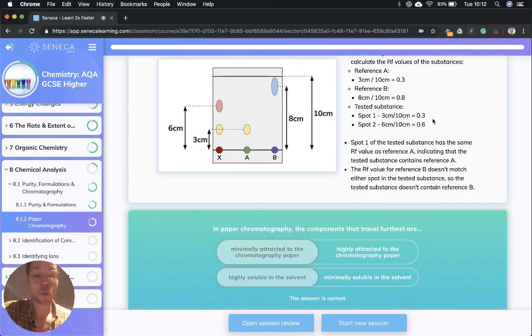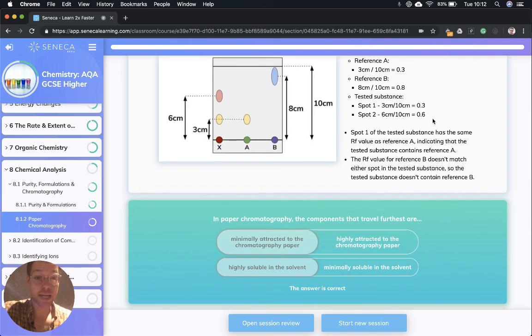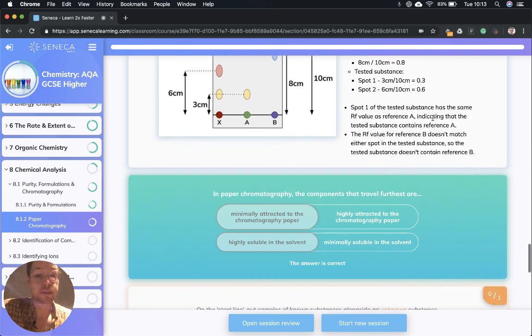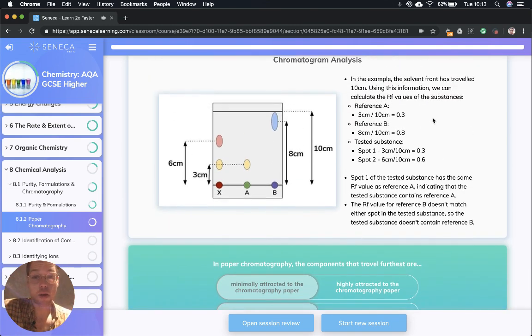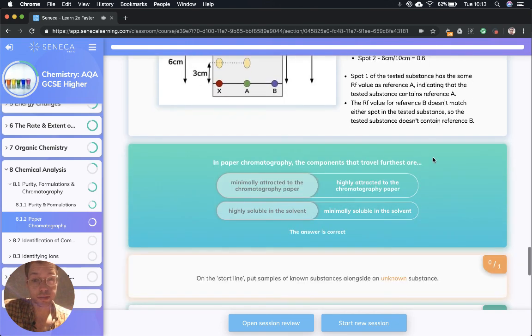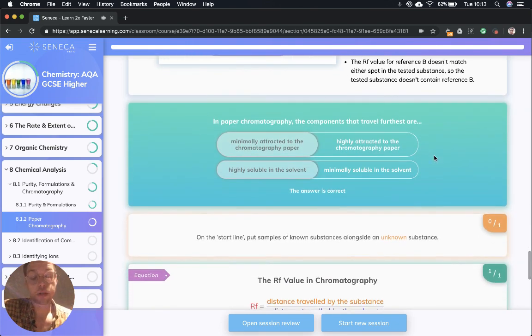Boom. So spot 1 of the tested substance has the same RF value as reference A. That means that the tested substance contains reference A. Okay, that's how we interpret the results. The RF value for reference B doesn't match either spot, so that means that the tested substance doesn't contain reference B, because reference B traveled all the way to 8 centimeters. Okay, so in paper chromatography, the components that travel furthest are minimally attracted to the chromatography paper and highly soluble